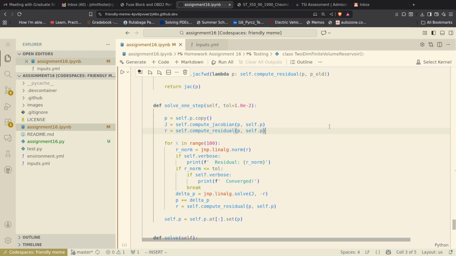So self.p is where we're going to store the old converged solution. First thing we do is compute the Jacobian, and because it's a linear problem, we never have to compute it again. We just compute it once up front. If it's a nonlinear problem, we'd have to move that compute Jacobian inside our loop and compute it every time, okay? We compute the residual once up front just as our starting place,